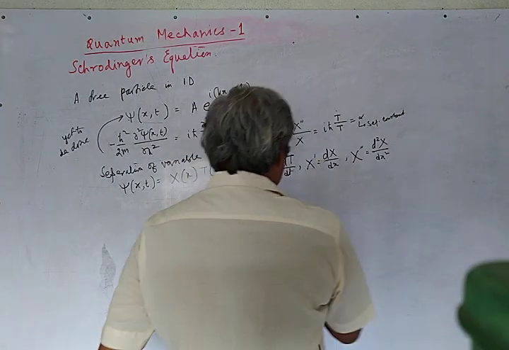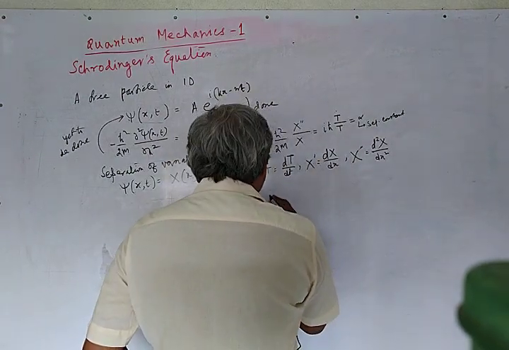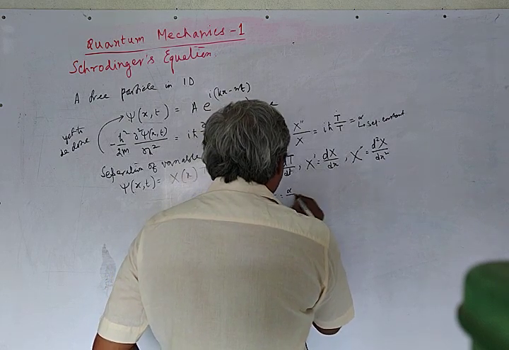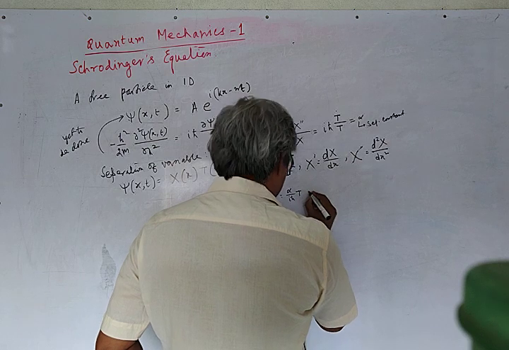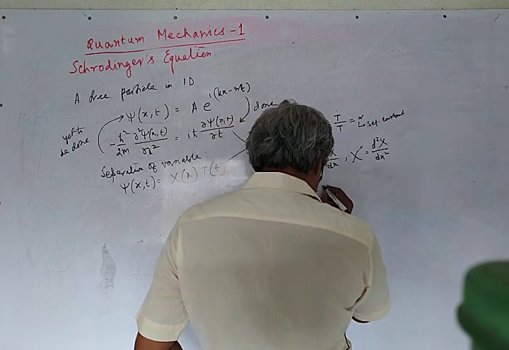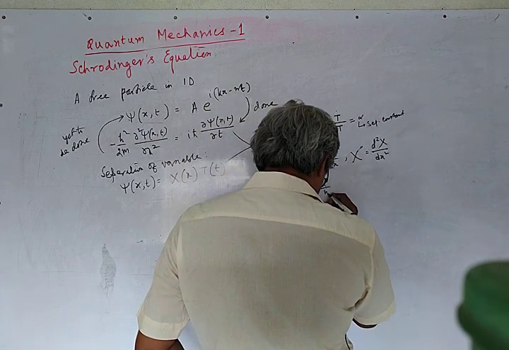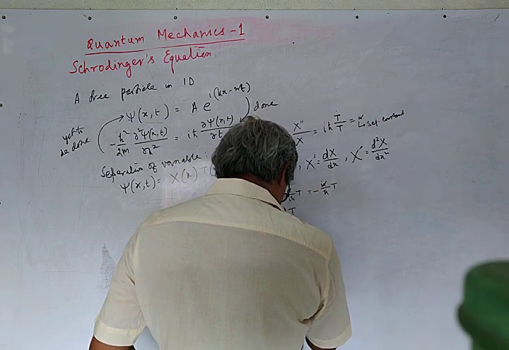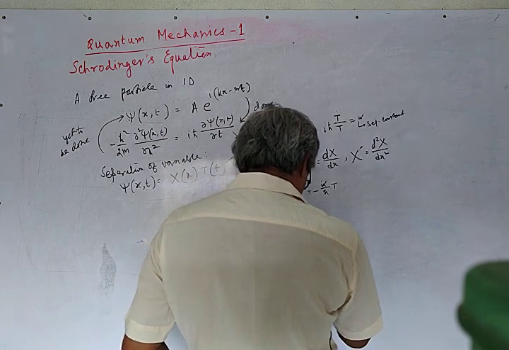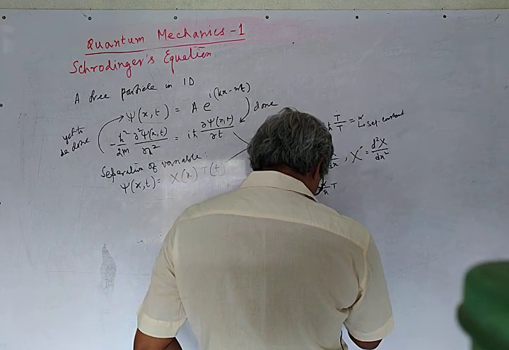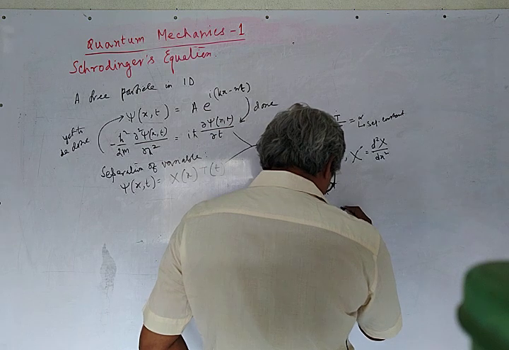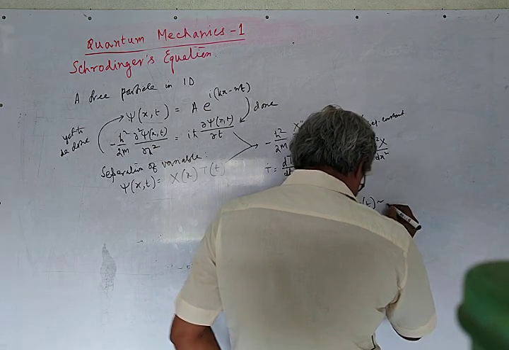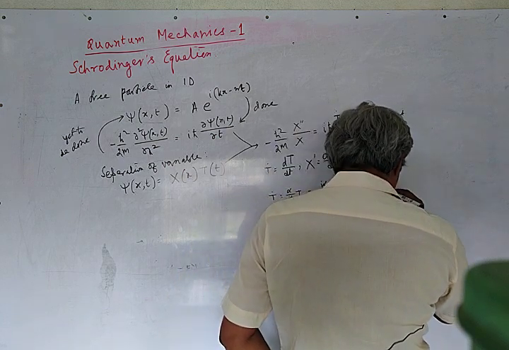The T equation becomes T dot equals alpha by i h cross T, equals minus i alpha by h cross T, or dT by T is equal to minus i alpha by h cross dt, whose integration leads to T as a function e to the power